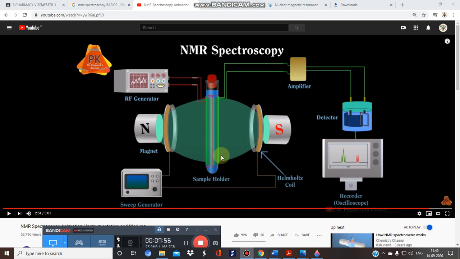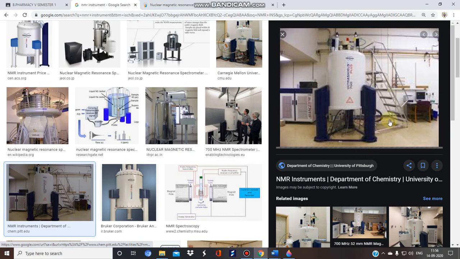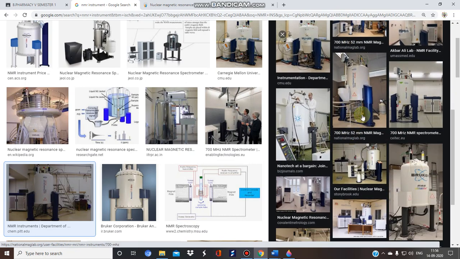We have used a special type of NMR tube. A solid or liquid sample should be taken. In the solution form, it should be taken in the NMR tube, and it should be held by the two magnets that are controlled by the sweep generator and the Helmholtz coil. We can produce the radio frequency from this point, and then the amplifier and detector are used. So this is the NMR instrument that is widely used in the industry, in the research laboratories, in different types of